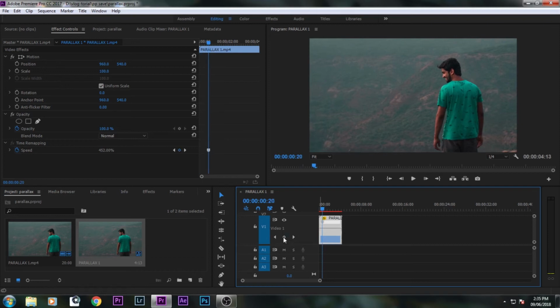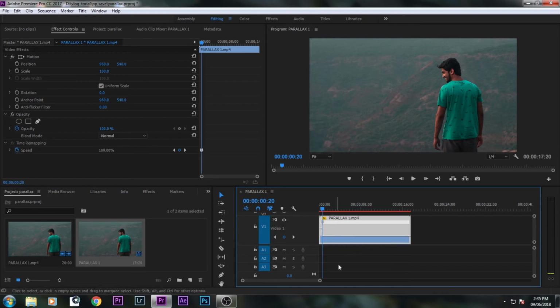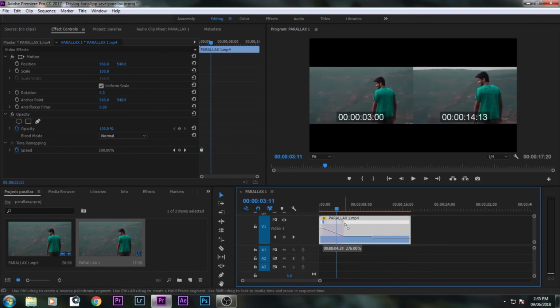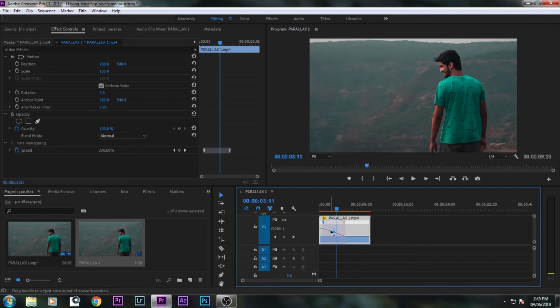Now, just like in Photoshop, when we hit it, we are going to make a keyframe. Now, I want the clip to slow down at this point. So I'm going to make a keyframe over here and then drag this line down to 100. Now, the speed transition is very harsh and I don't really want it to be a super fine cut. So we can take one of these heads and stretch it out like that so that it can gradually slow